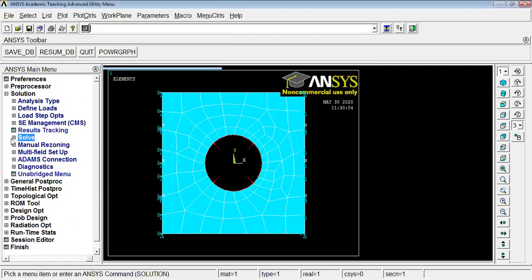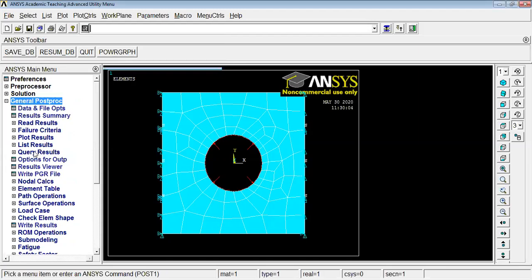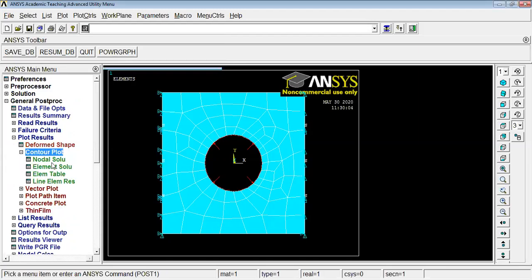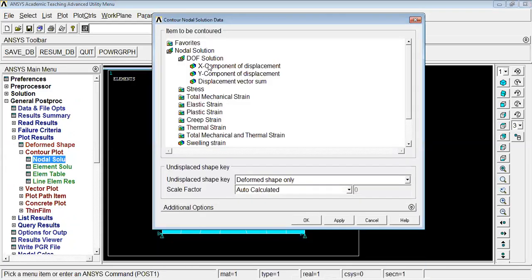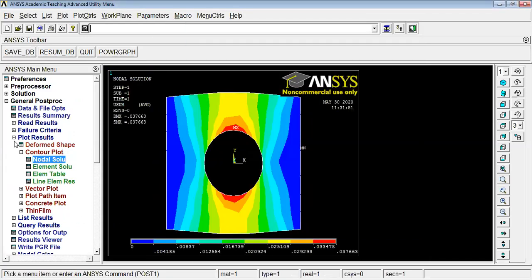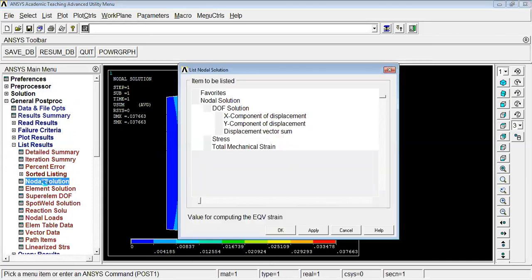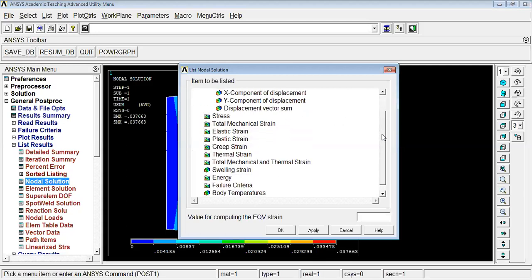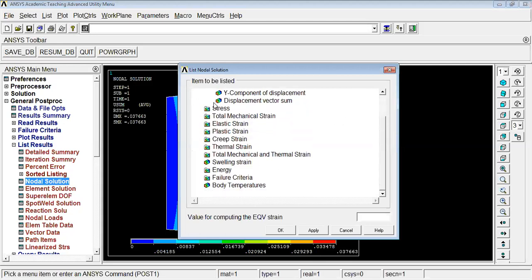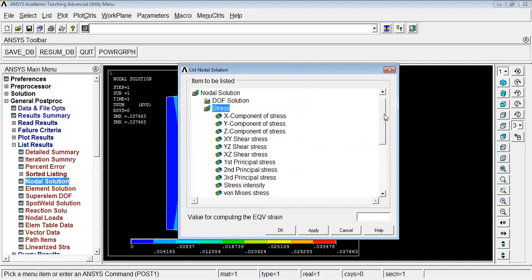Then go to the general postprocessor, plot results, contour plot, nodal solution. So the displacement vector sum of the given problem, and majorly we want to know the stress value, in nodal solution. So we want the stress value in terms of von Mises.